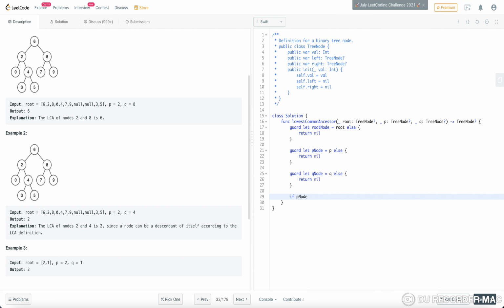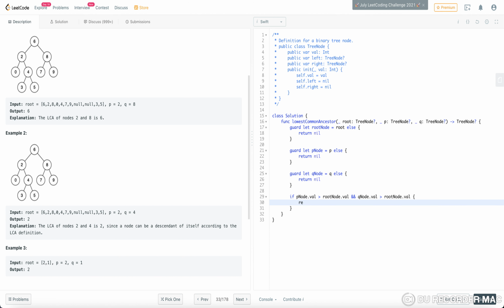If p node dot value is greater than the root node dot value, and q node dot value is greater than root node dot value, in that case we can confirm that both the nodes are on the right side of the tree as per the property of the binary search tree.